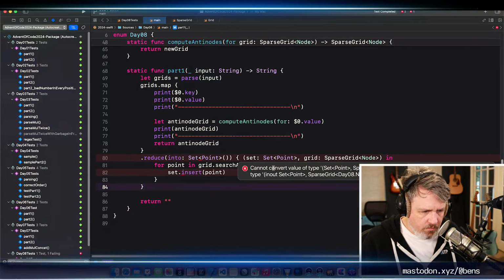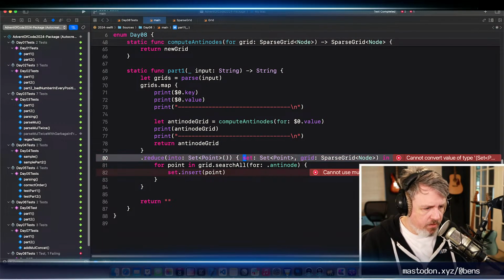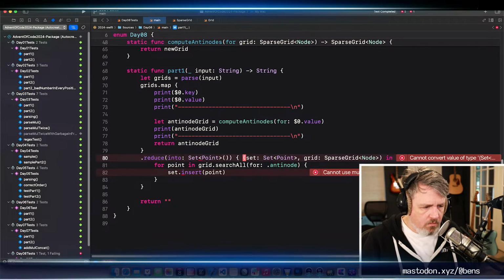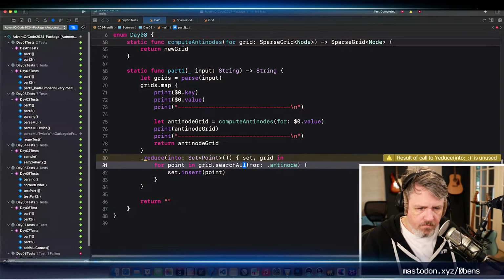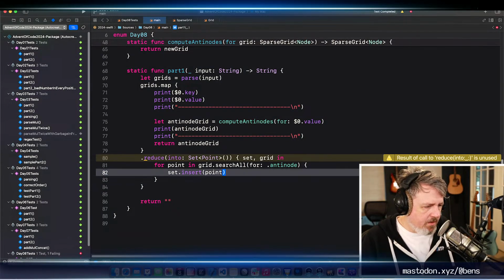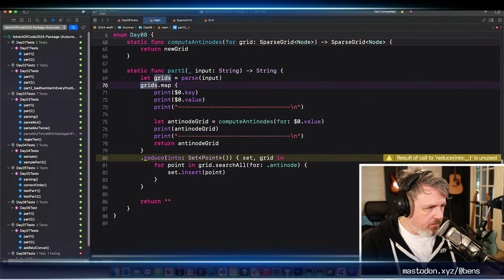Can I convert value type set point to expected in out set point? Yeah, so at this point now I can get rid of this, that, and that. Okay, so that gives us our value here.